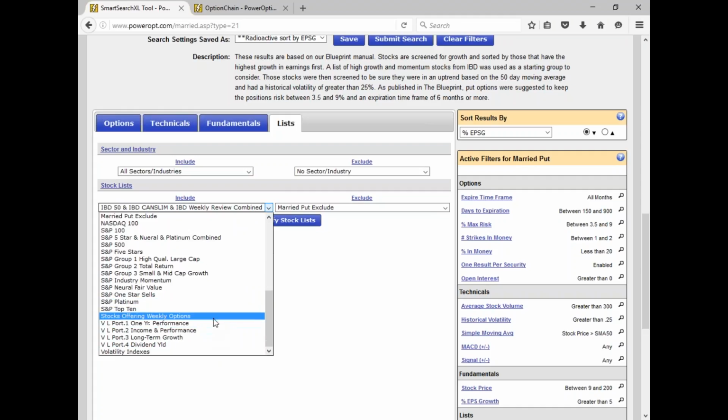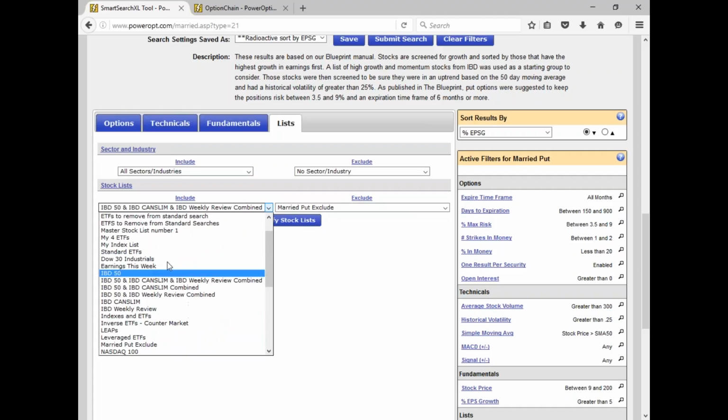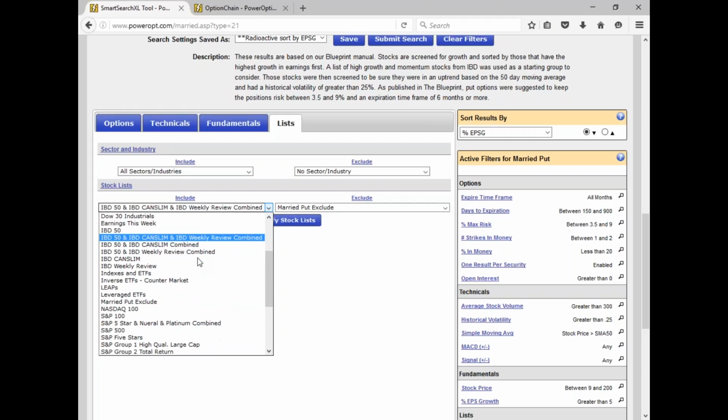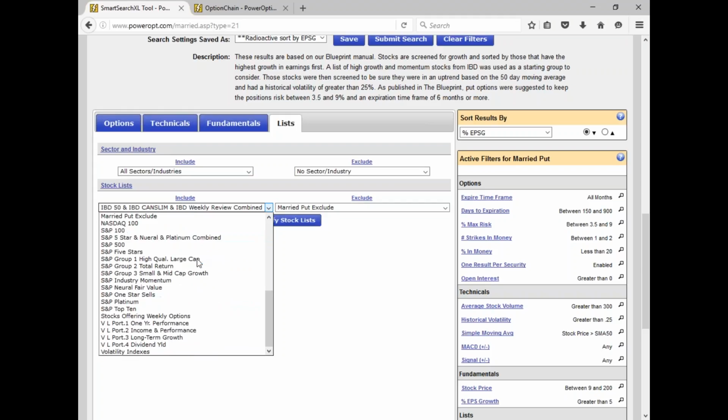There was a list for a while. There are stocks offering weekly options, volatility indexes. Just give me a second. Earnings this week, standard ETFs. I'm sorry. Okay, what I was looking for is I know that at one point we offered a list of